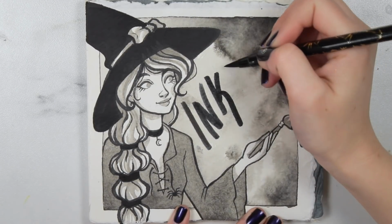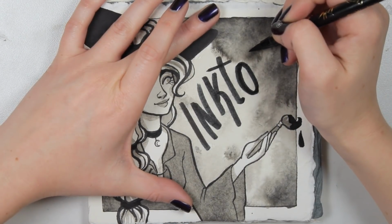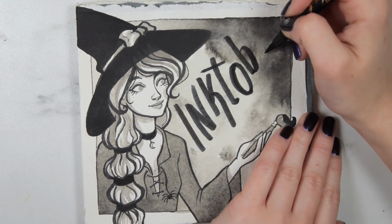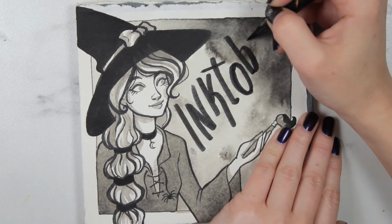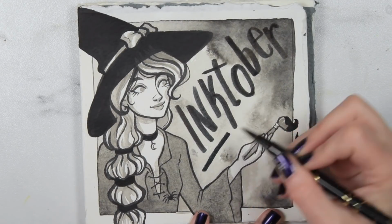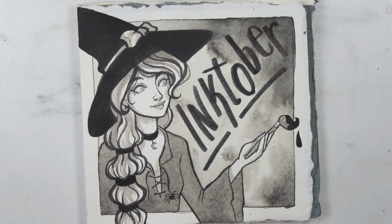I'm so scared of running out of space. I mean, I know I mapped it out before, but I can't see that really. I can sort of see it. And I have the worst spatial judgment ever. But maybe this witch does too. Oh no, oh no. Things are looking bad. I wrote it out beforehand. That was a weird noise. I sounded like a pterodactyl. Okay, it's okay. We're fine. I write a lot in half caps, half lowercase, but that's okay. I'm okay with it. I originally wanted the R to be caps as well, so it'd be some caps, some lowercase, some caps. But I think that the lowercase fits the space better since I ran out of room. Cute, I like